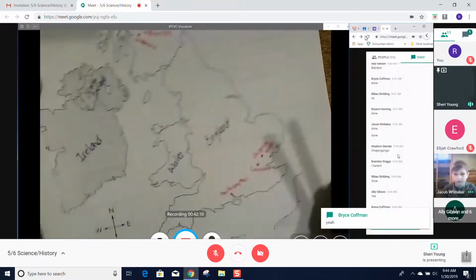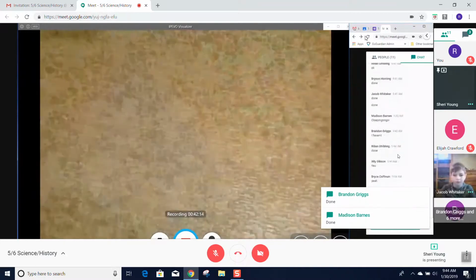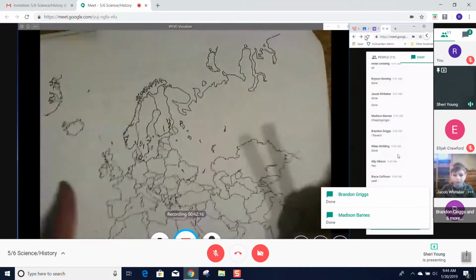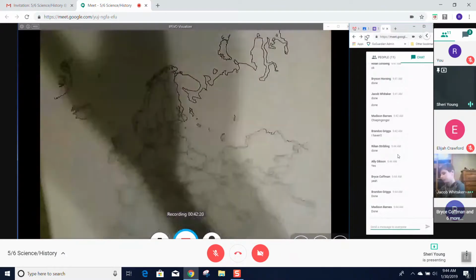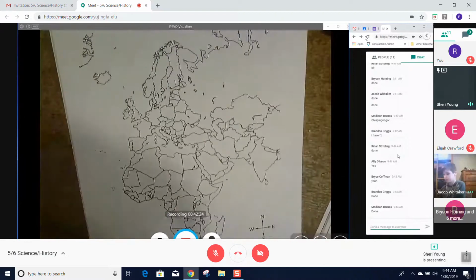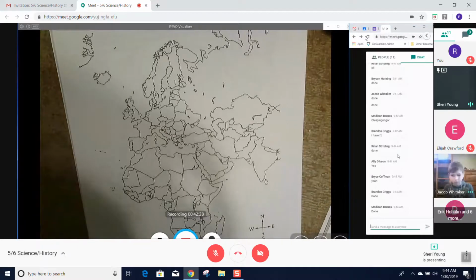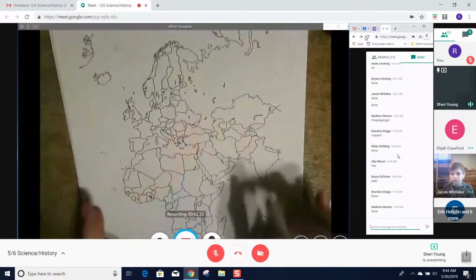Okay, let's go back and let's do some of this map too while we're doing maps. So, go back one on page 26. Okay. And we're going to use the same key we did on the other one. So use the same colors. So let's make a key off the side.